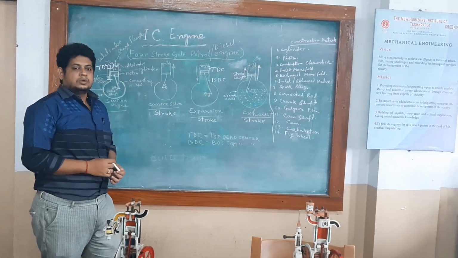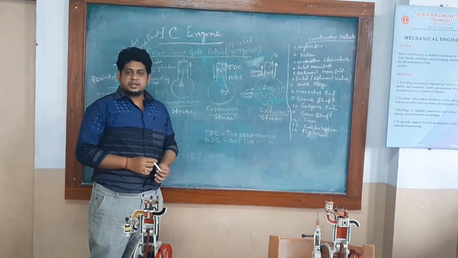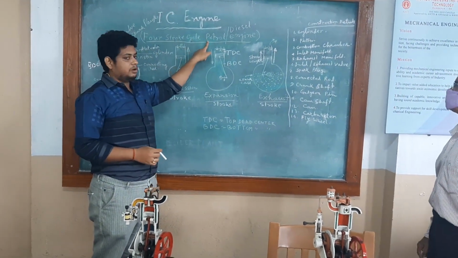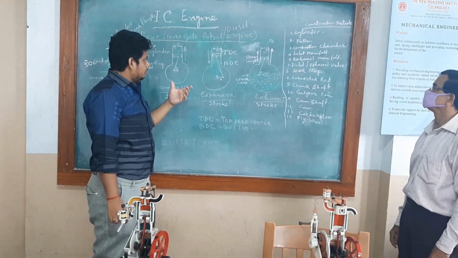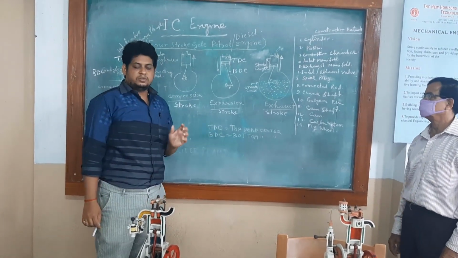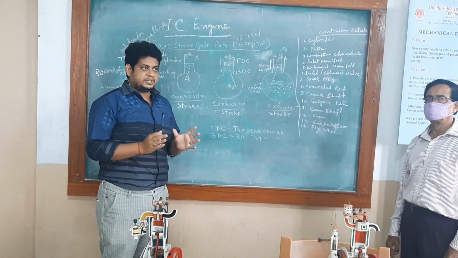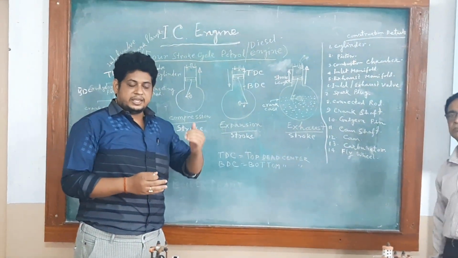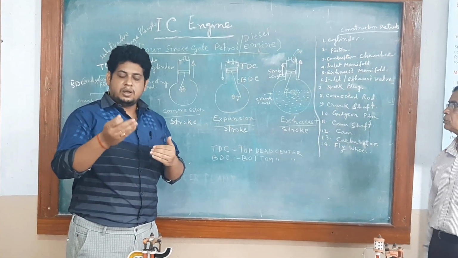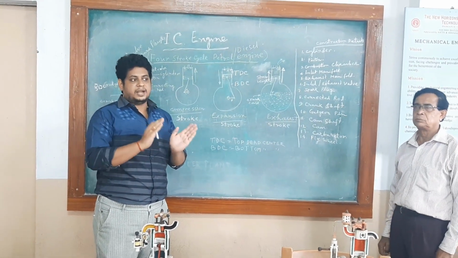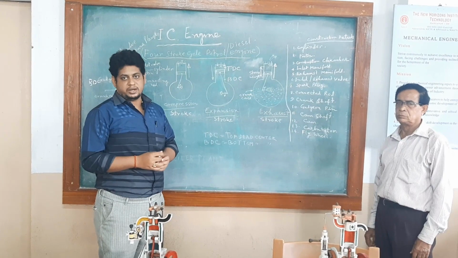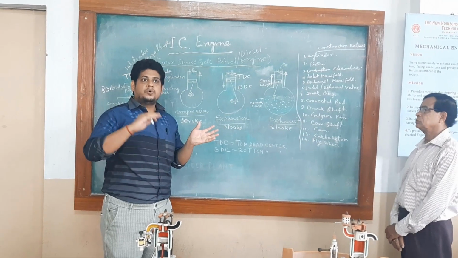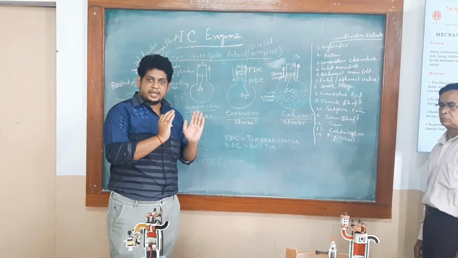So today we discuss our first experiment of power engine lab, that is the 4-stroke cycle petrol and diesel engine. Before starting this experiment you have to know what an engine is. An engine is a mechanical device which is used to convert the chemical energy of fuel into heat energy first, and later the heat energy is utilized to produce mechanical work as the output. So finally we get chemical energy to mechanical energy conversion through an engine.